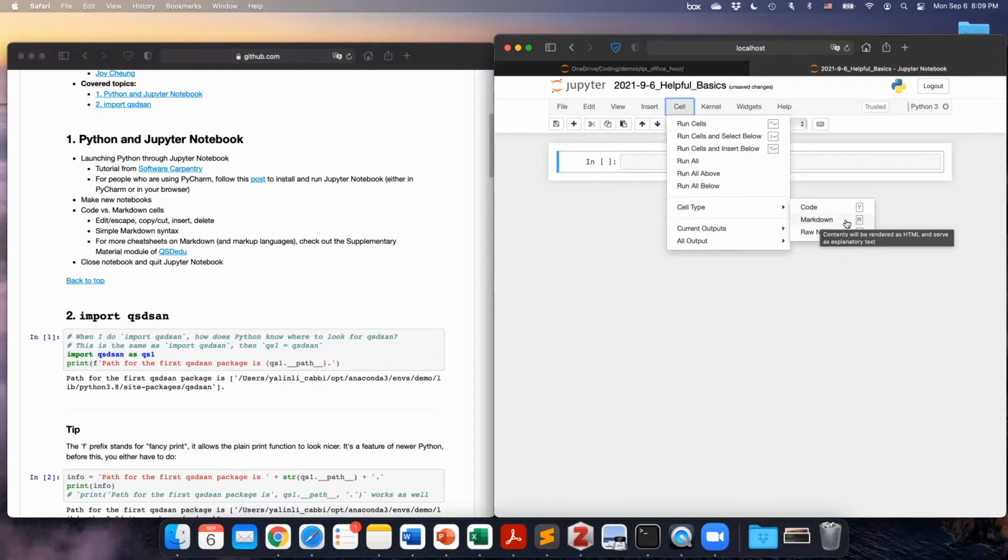So this means it has a shortcut. And here we can just hit M on the keyboard. It will convert this code cell to a markdown cell as well. But notice that all of these shortcuts should be used in the